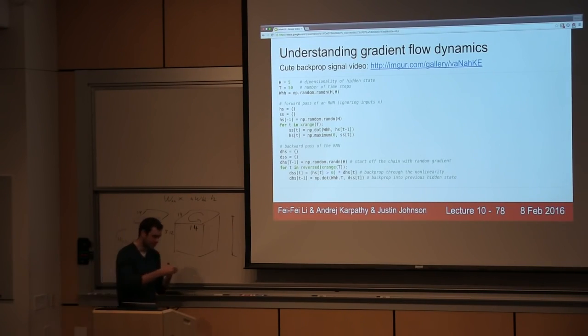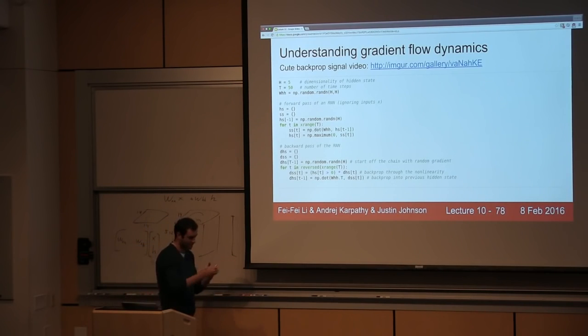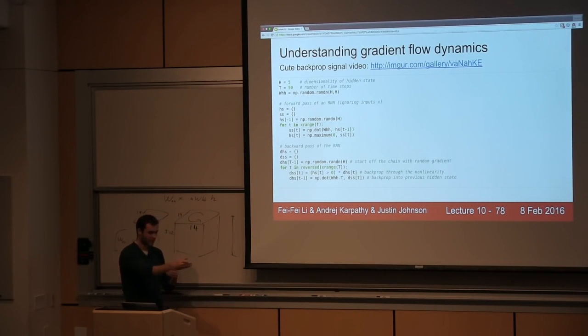Because in the forward pass, we multiply by WHH at every single iteration. When we backpropagate through all the hidden states, we end up backpropagating this formula WHH times H. The backprop turns out to be that you take your gradient signal and multiply it by the WHH matrix. The gradient gets multiplied by WHH, then thresholded, then multiplied by WHH, thresholded. And so we end up multiplying by this matrix WHH 50 times. And so the issue with this is that the gradient signal